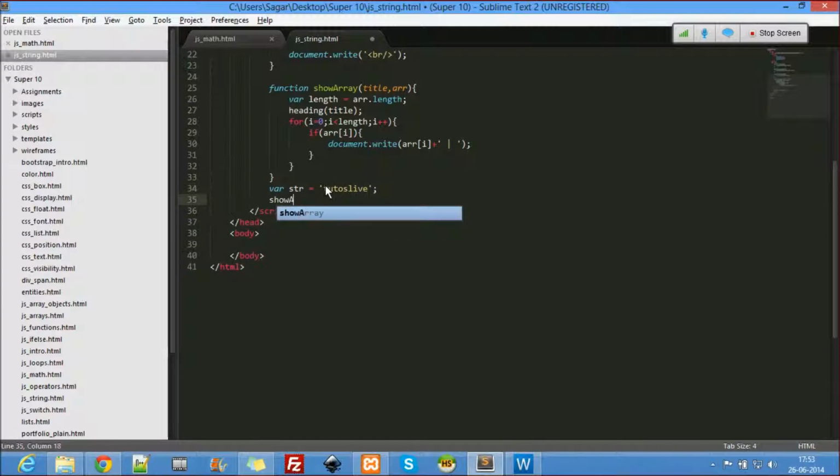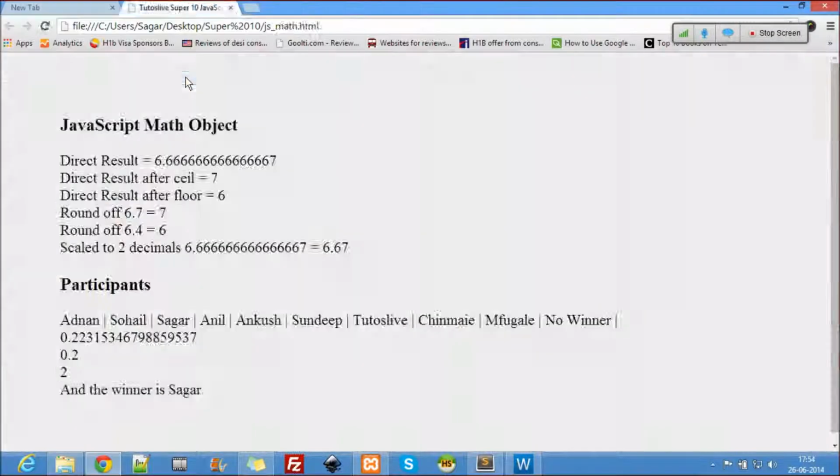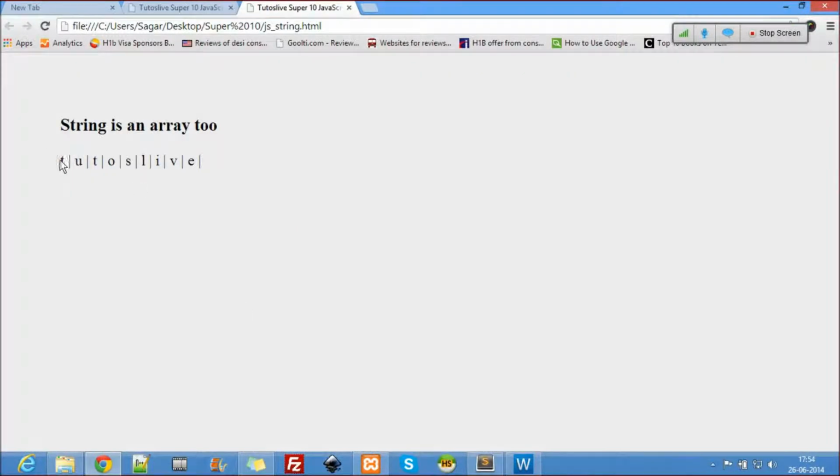Show array, string is an array too, comma, str. I said that a string is an array too, right? Now let's see if it's an array or not. Let's go back here and click it.